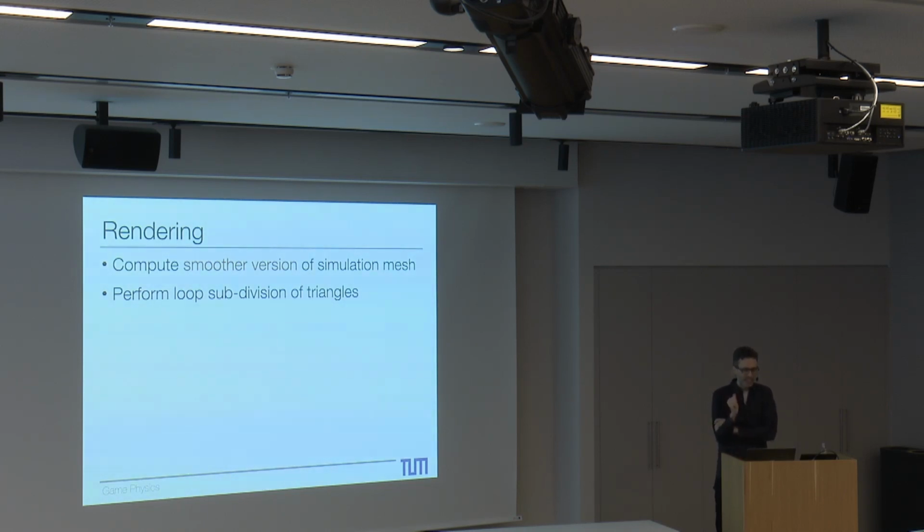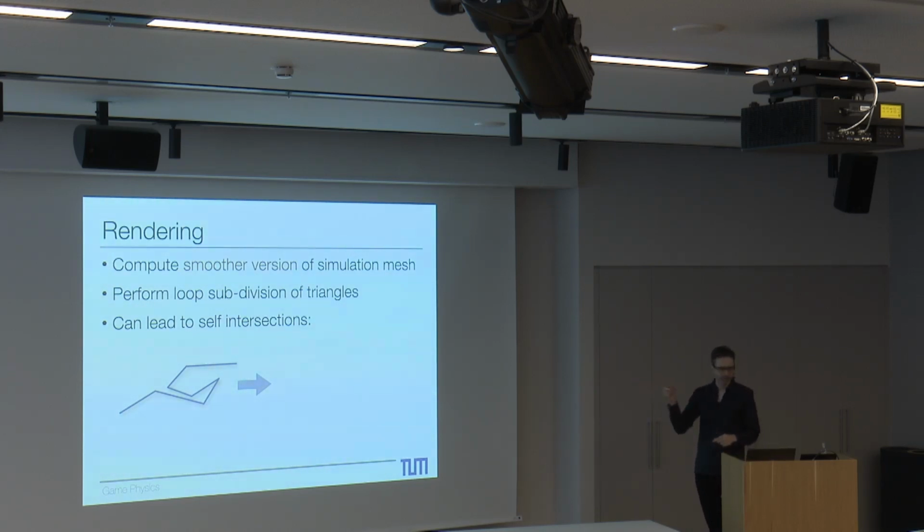And interestingly, they found that just subdividing the triangles can lead to intersections. I think I have a piece of cloth here. So if you imagine this is our rough representation of the cloth, and now for rendering, we make this finer. We might end up with something like this one. So if you smooth out this corner here, suddenly it might actually intersect with some other part of your geometry. Even if the simulator was right on the right side, showing it might suddenly give some flickering or weird undesired